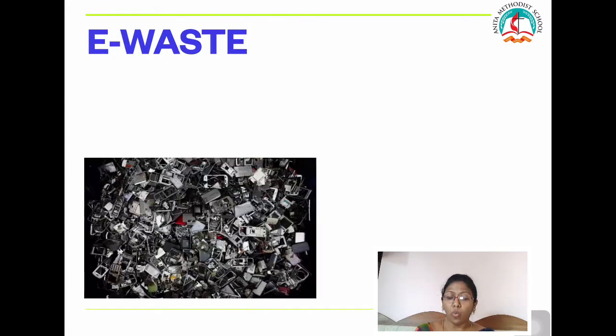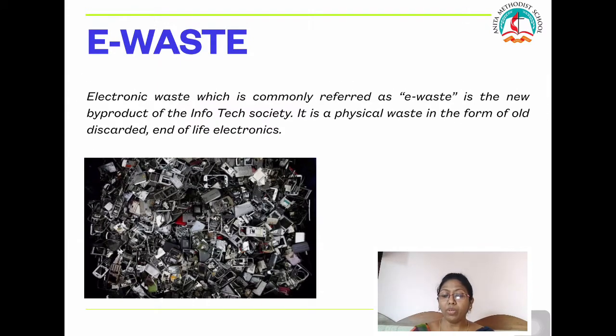Next we will see what is e-waste. E-waste is called electronic waste. E-waste describes discarded electrical or electronic devices, and these electronic devices that are used cannot be used for resale or reuse, and that causes adverse human effects and environmental pollution.